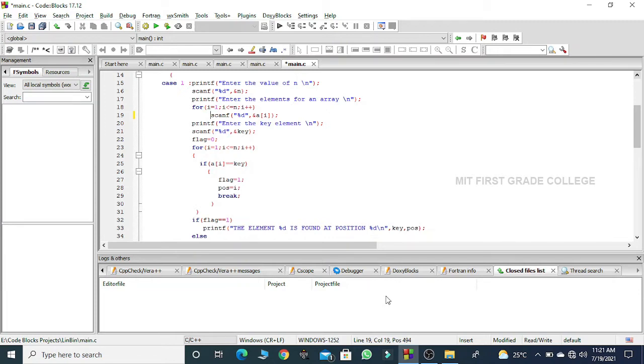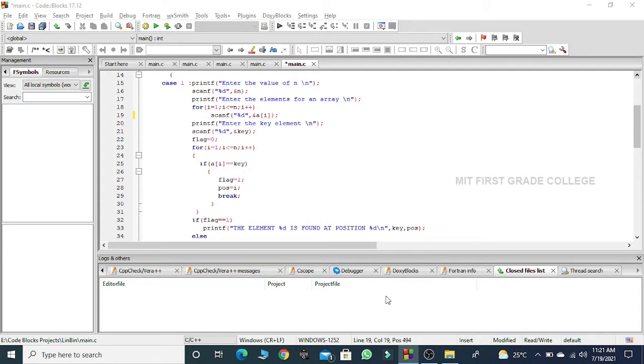At the end, when my for loop is completed, comparing each and every element inside my array with the key element, if the search key is found, the flag will be assigned a value 1. If this is not the case, the value of flag will be 0. That is the condition I am checking after the for loop.